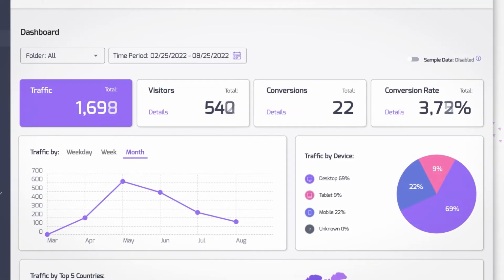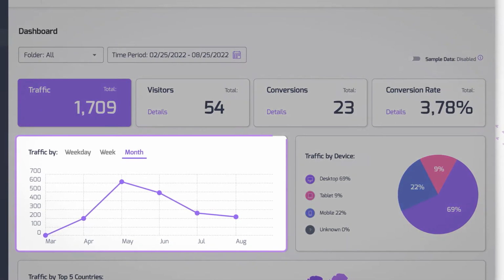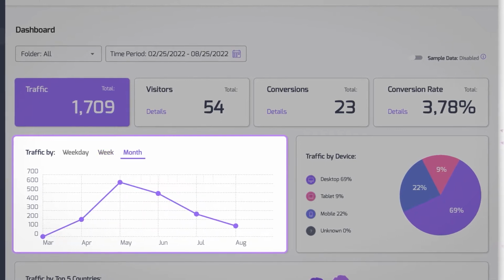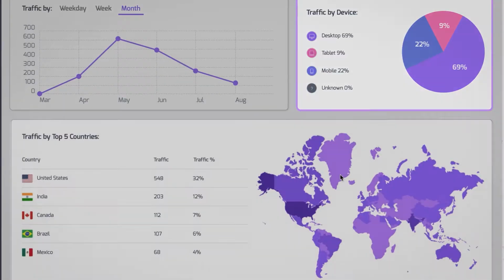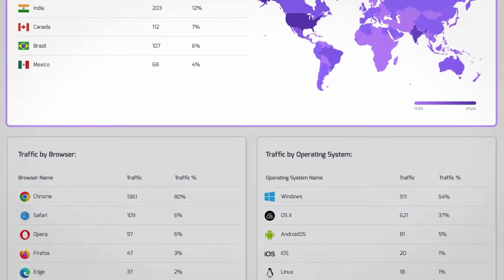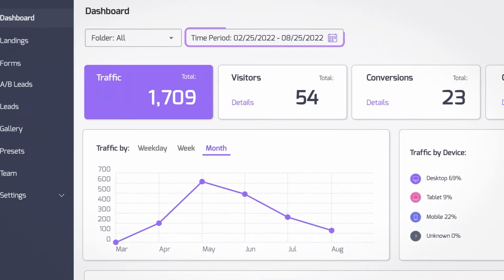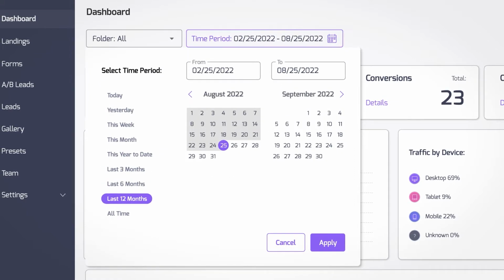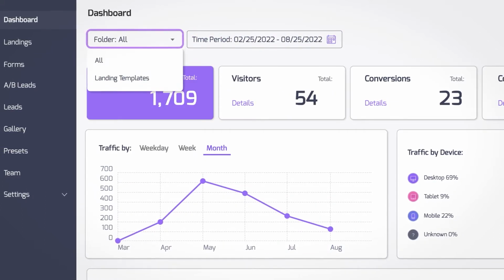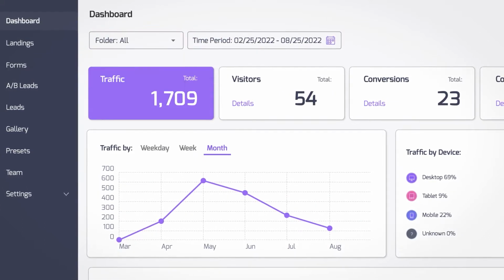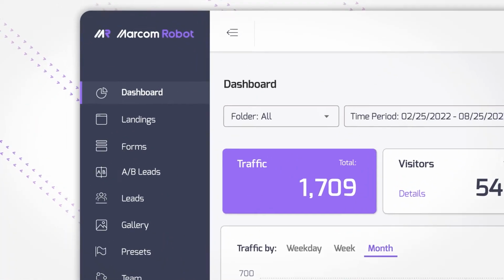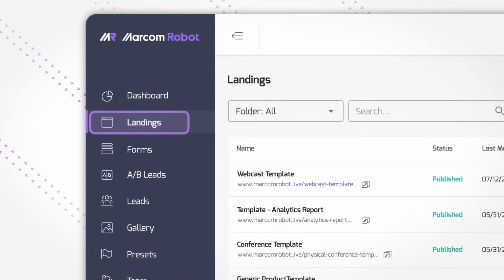The interactive real-time charts and dashboards make it easy to review your landing page KPIs by day, week, month, device, country, browser, and operating system. You can select a custom time frame and choose a specific folder to review the KPIs for a subset of your landing pages. If you'd like to check out the performance of a specific landing page, navigate to the Landings